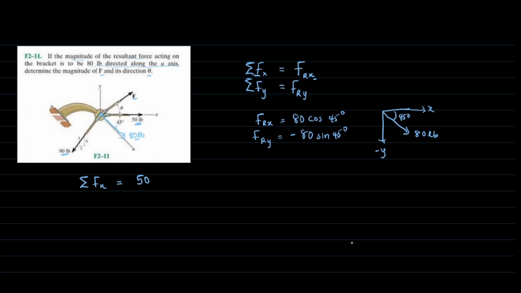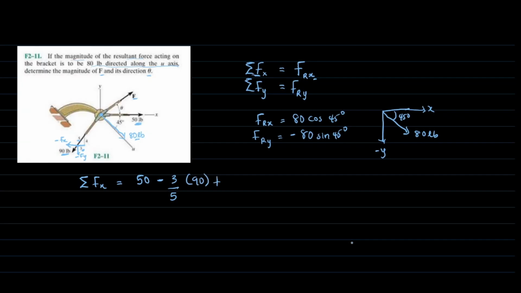You can see the 90 pounds has its x direction and its y direction. You notice that the x and y are both in the negative directions. So we're going to have negative. Its x direction is 3, so it's going to be in the ratio 3 over 5 times 90,